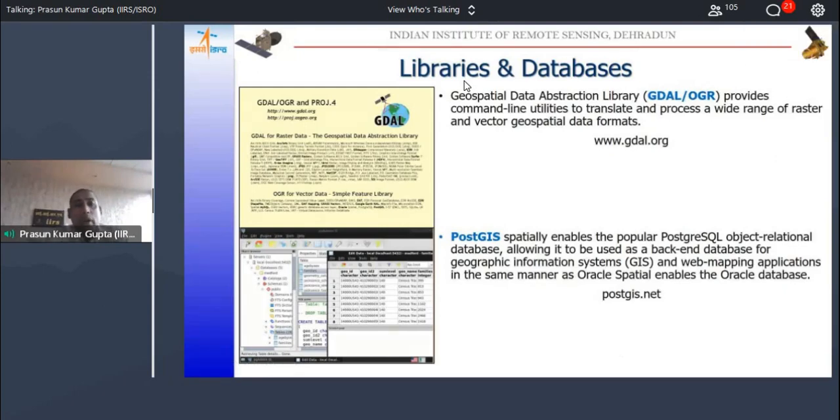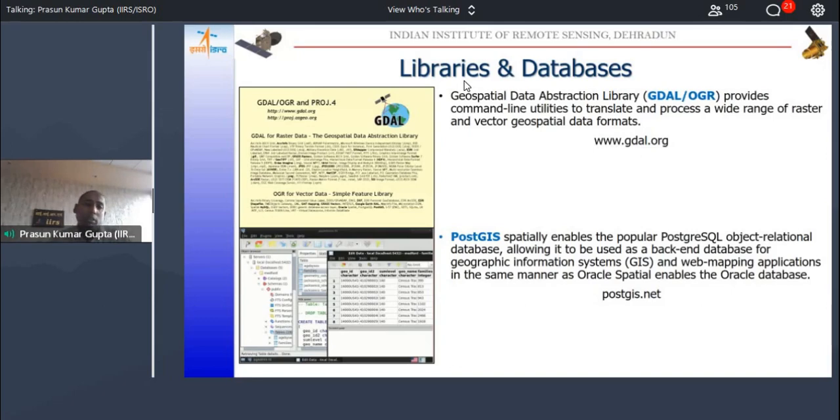But GDAL became so popular and so powerful that in the later versions, ArcGIS 10 onwards, they ditched their own library and they use an open source library. That is GDAL. Obviously, they put a wrapper around it and they added more functionality, but the core is still GDAL. And GDAL is a permissive, or you could say LGPL licensed open source library. And the whole world uses it.